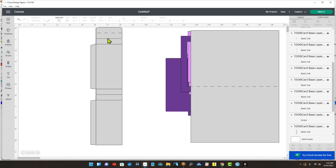Okay, here's another one. Let's click on this, see what color it is. Green, change it to score. Green, change it to score. And you may be thinking, what doesn't show up? Mine didn't get like a dash line. Well, mine does not look like a dash line either yet until I click on my canvas right here,